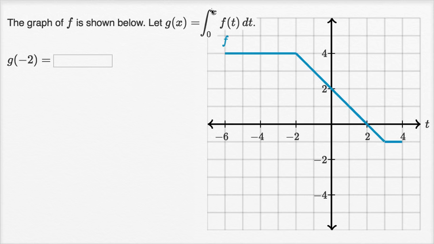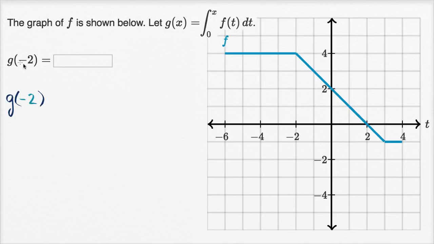A function can be defined any which way. And as we'll see, it's actually quite straightforward to evaluate this. So g of negative 2, and I'll do the negative 2 in a different color, g of negative 2, well, what we do is we take this expression right over here, this definite integral, and everywhere we see an x, we replace it with a